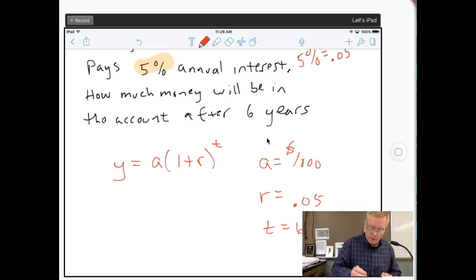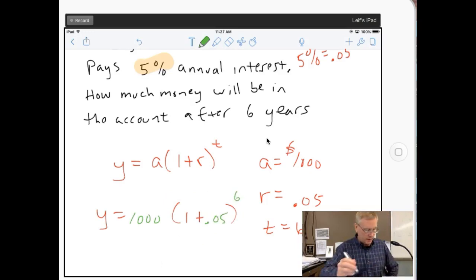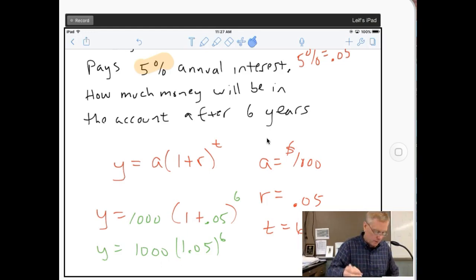So that's my rate, and t is going to be 6. Okay, so now if I plug those numbers into my equation, I get y equals 1,000 times 1 plus r, which is 0.05, to the 6th power. Okay, and then you're going to take your handheld calculator and go 1.05 to the 6th power times 1,000 and get your answer. And in this case, the answer turns out to be